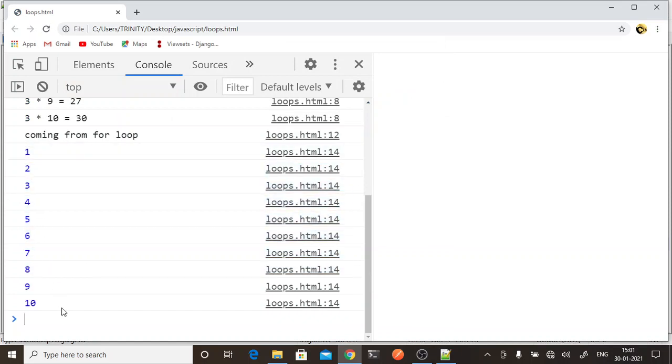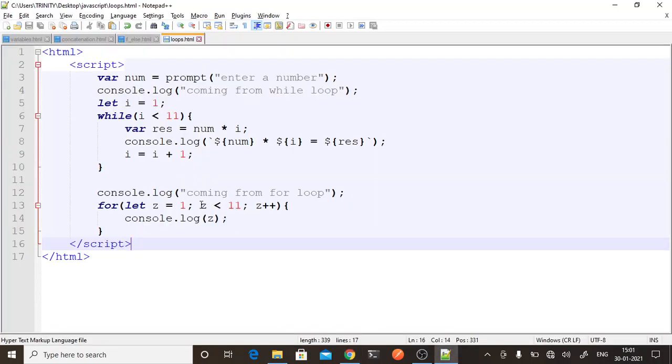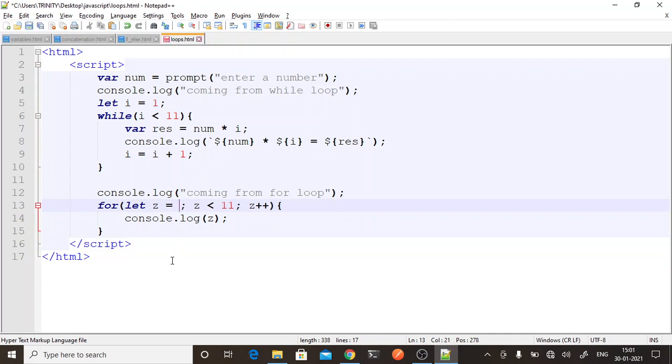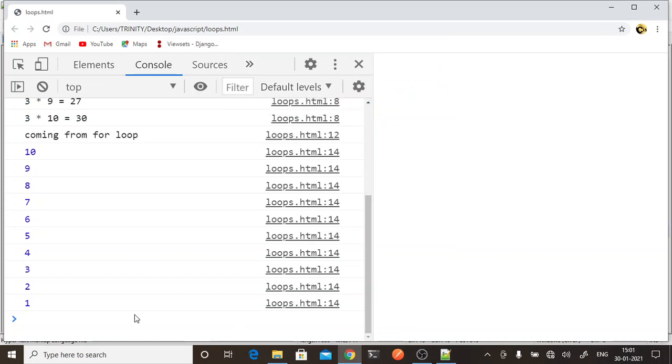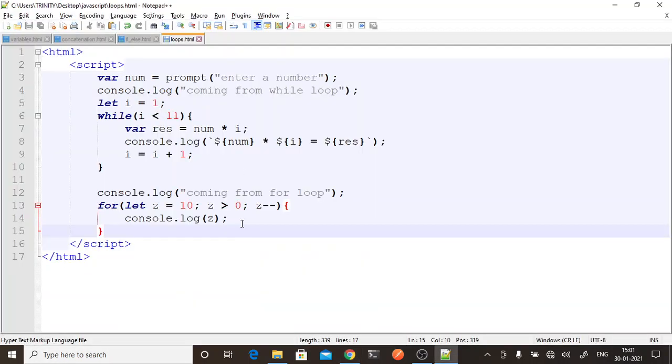So it is printed. If I want to print it in reverse order, then I will initialize z as 10, the condition is z more than 0, and I will decrement it instead of incrementing it. So now we will print the reverse table. Same thing we will do.